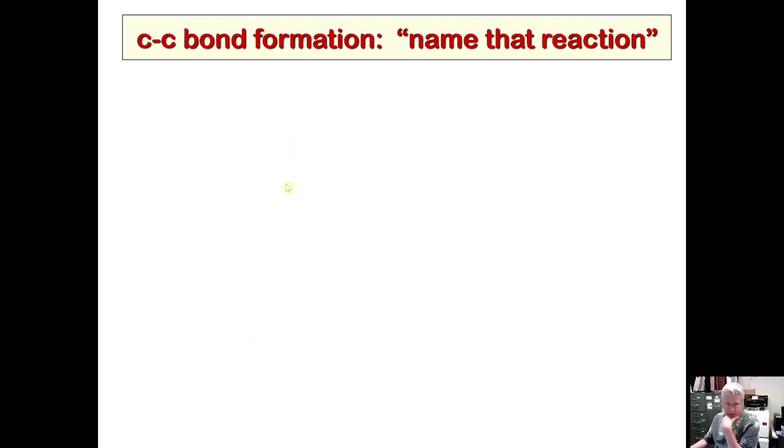Alright, so let's keep playing Name That Reaction a little bit more. What do we got here, and what type of reaction would make this molecule? Is it an alpha-beta unsaturated ketone? No, not. Is it a beta-ketoester? Nope. Is it a beta diketone? Well, it is a diketone. It's just not a beta diketone. But if I was going to use Greek nomenclature, I might say it's alpha, beta, gamma, delta. Maybe a delta diketone. I never thought about that before, but yes, it's a delta diketone, also called a